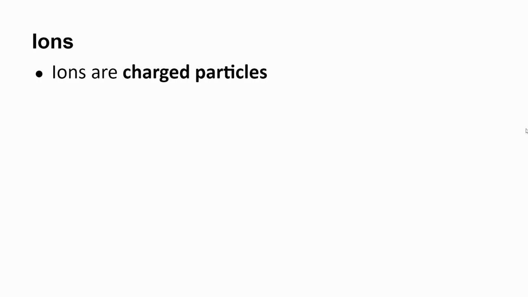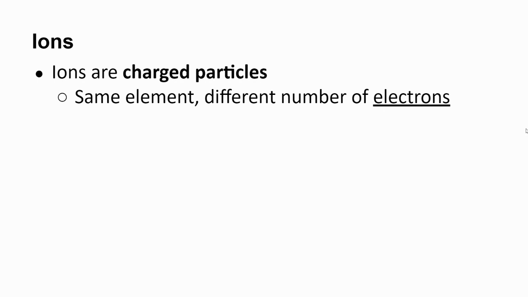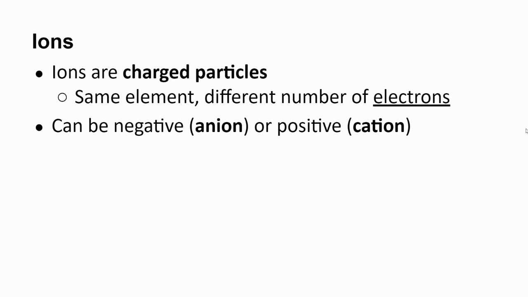Until now, we've talked about atoms being neutral, meaning they have equal numbers of protons and electrons. However, sometimes the number of protons and electrons are out of balance, and this would create what we call an ion, which is a charged particle. So you could be talking about the same element, but one that has different numbers of electrons. Ions can be negative or positive. Negative ions are called anions. Positive ions are called